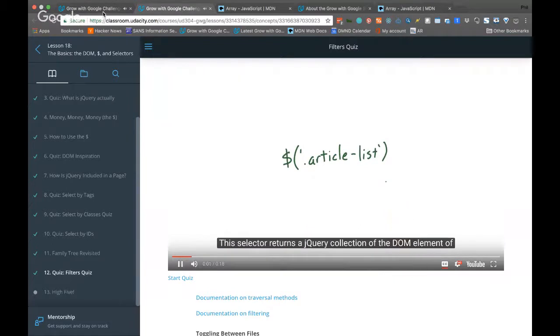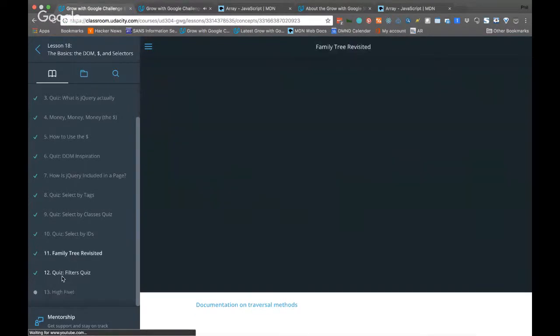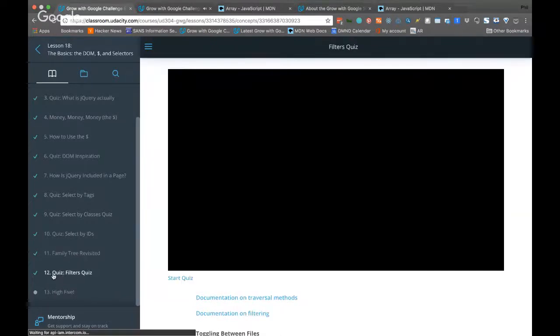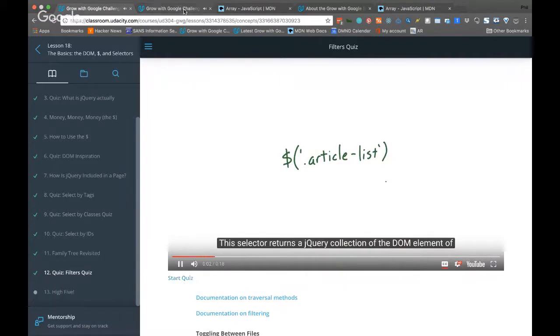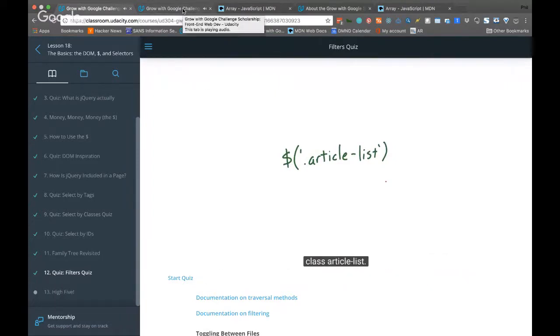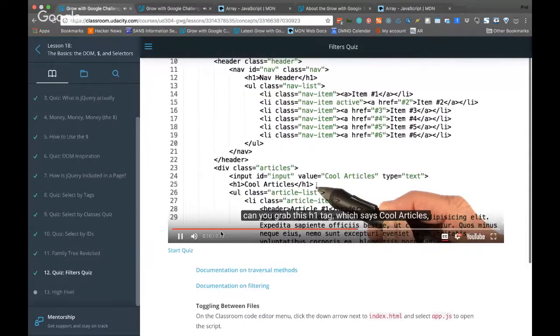This selector returns a jQuery collection of the DOM element of class article list. Using that selector and the DOM traversal methods you just learned, can you grab this h1 tag, which